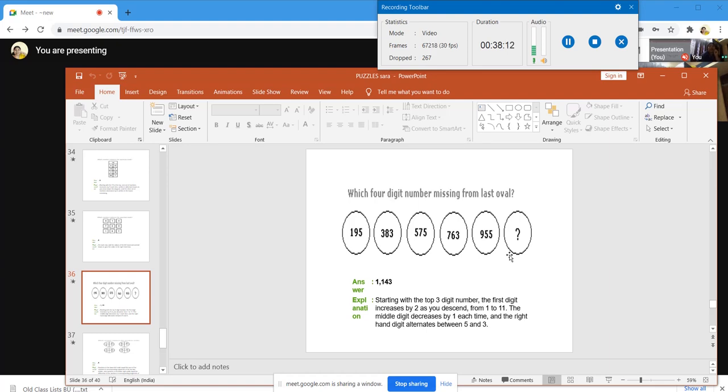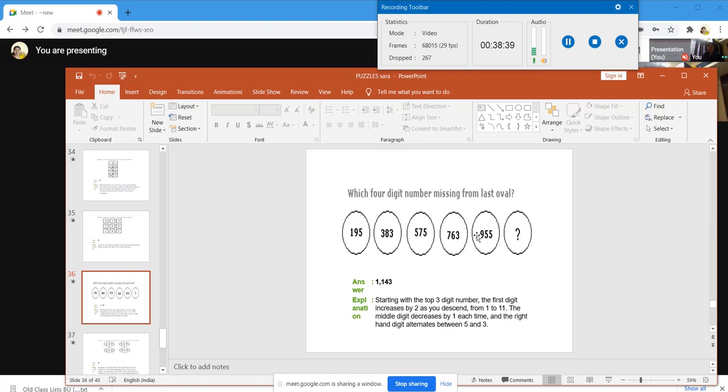11 should come. And you see the middle numbers 9, 8, 7, 6, 5. So it is decreasing order. So the next one is nothing but 4. And next you see the last digit, the ones digit: 5, 3, 5, 3, 5. So it is alternating digits of 5 and 3. So what will come next? 3. The number is nothing but 11, 4, 3. When you say there is no relation between the numbers given, there won't be any multiplication like that. Then there is a simple concept behind it.